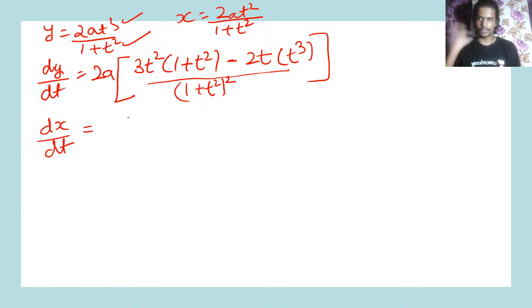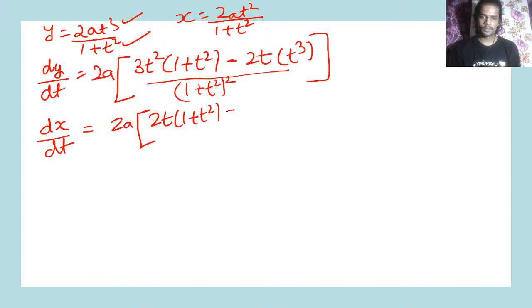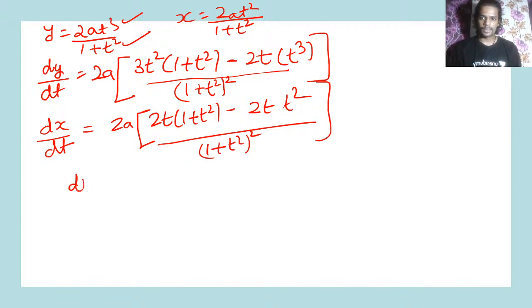If you do this, you will get 2a constant, take out t square, differentiation of t square is 2t, leave the denominator, 1 plus t square, differentiation is 2t, leave the numerator, and this is 1 plus t square whole square. As I told you, dy by dx is dy by dt divided by dx by dt. Basically you divide them, so it will be this divided by this. The 2 and 2 will cancel out, 1 plus t square whole square and 1 plus t square whole square